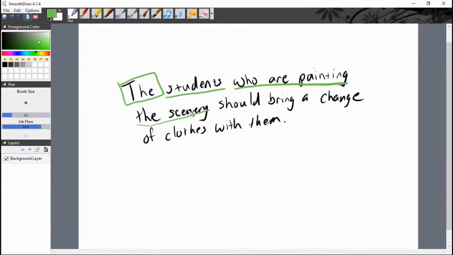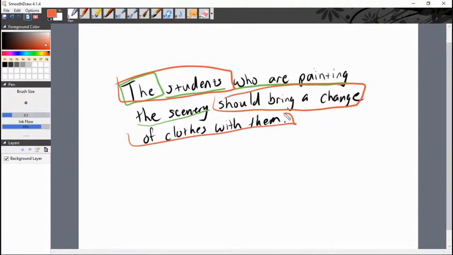This one might be a little bit more difficult to see because you have a pronoun there, but essentially, the dependent clause, if I were to say the students should bring a change of clothes with them,